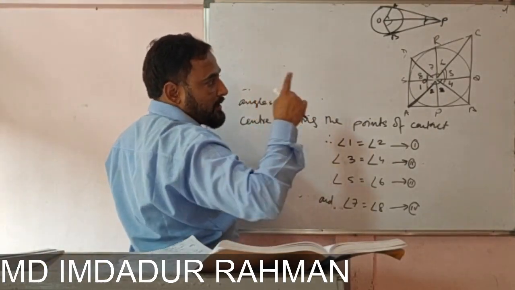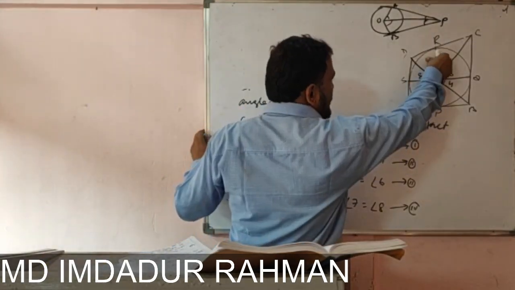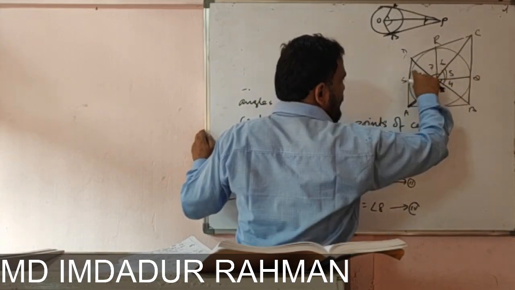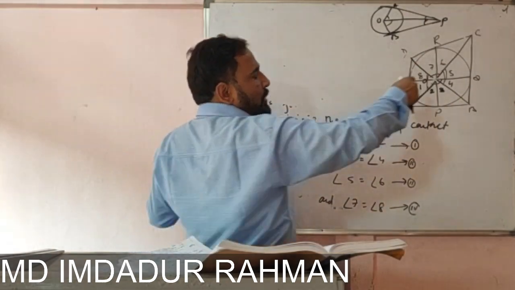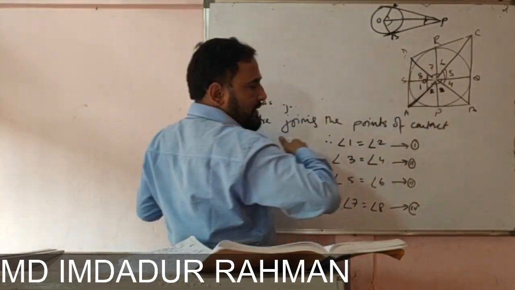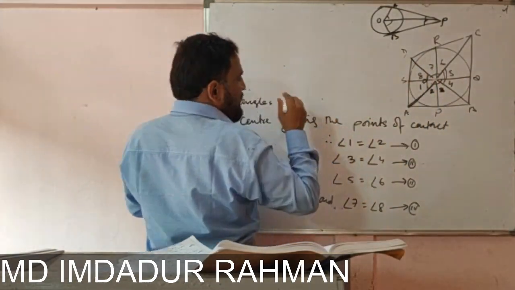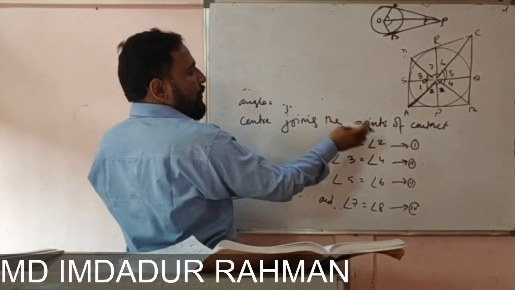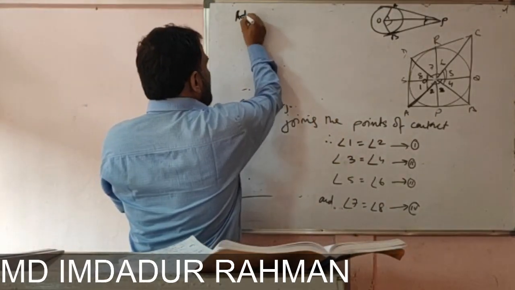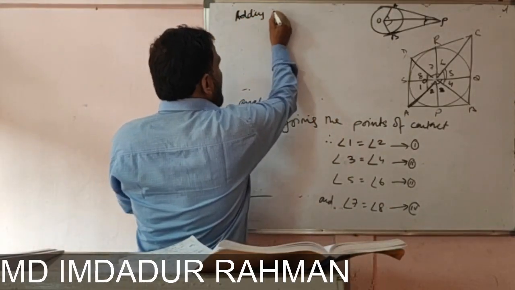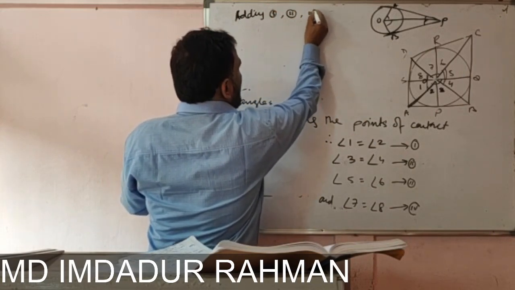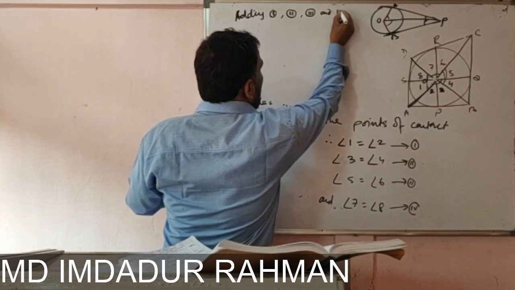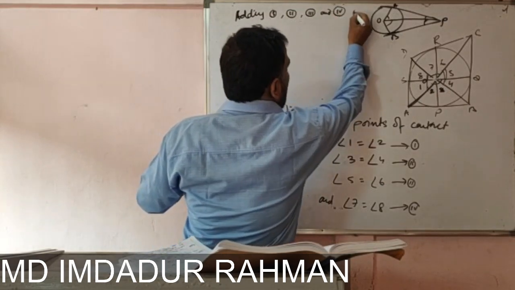We have to show that this 2 plus 3 is equal to 6 plus 7 or 4 plus 5 is equal to 1 plus 8. So keeping this in mind, we are adding these 4 equations, 1, 2, 3 and 4, we get,